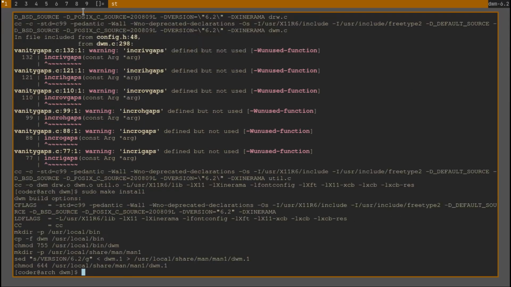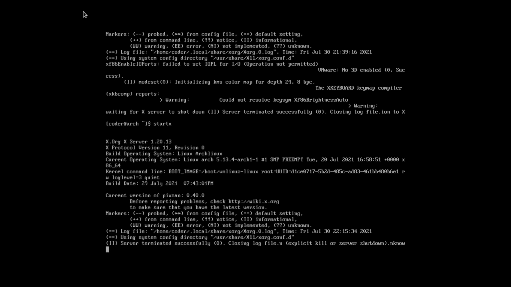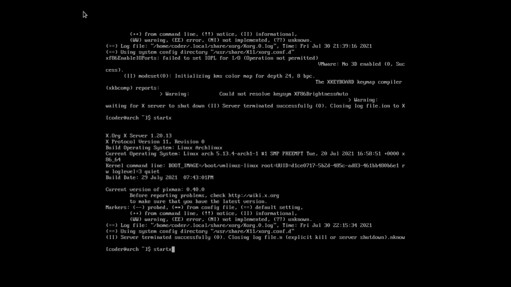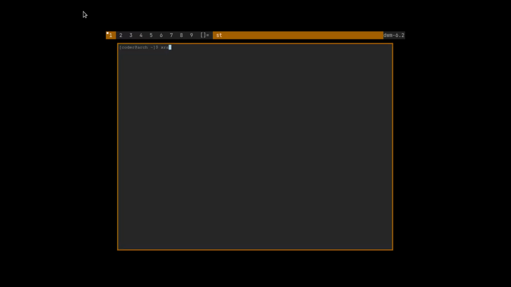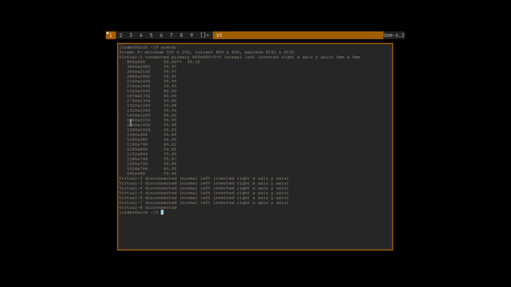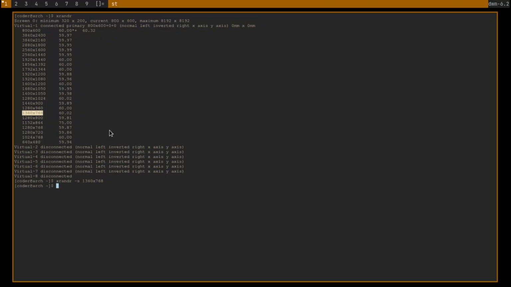Then if you press mod shift Q, it will exit DWM, and if you run the startx command again, it will run DWM again. I have to change the screen resolution again. Done.